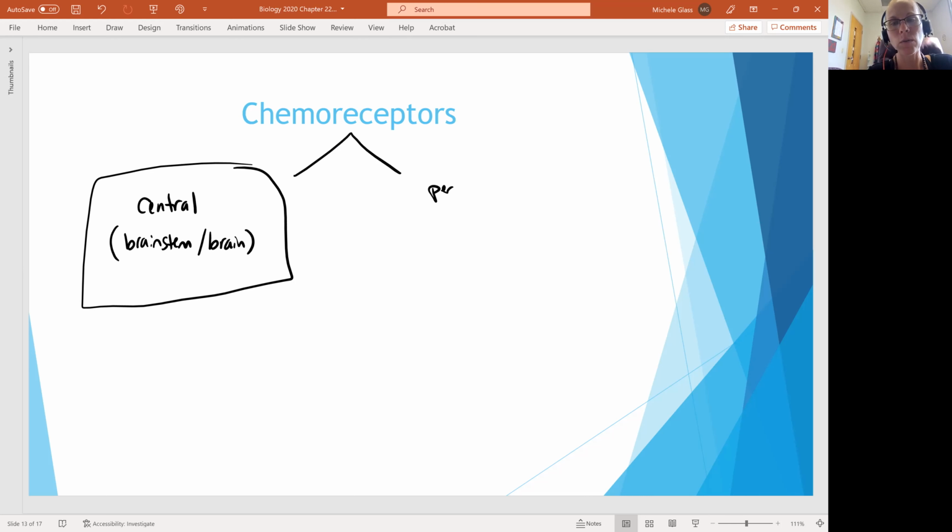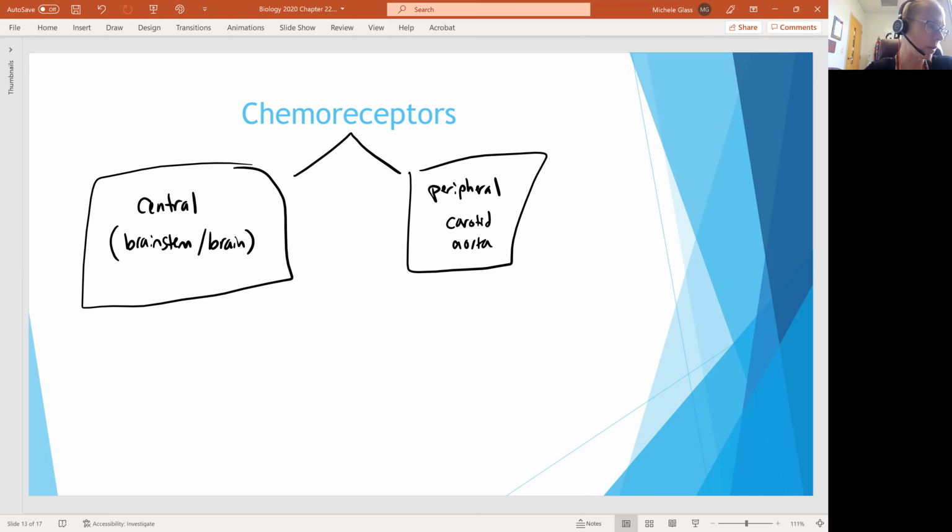And then we also have peripheral chemoreceptors, and these are going to be located in the carotid artery and also in the aorta. Now, these chemoreceptors, both cases are responding to changes in carbon dioxide gas, hydrogen ion, and oxygen gas. And we started our conversation saying that carbon dioxide gas is the biggest push for you to breathe. And so what we'll see is if you have elevated carbon dioxide gas levels, or if you have a lot of hydrogen ion levels,